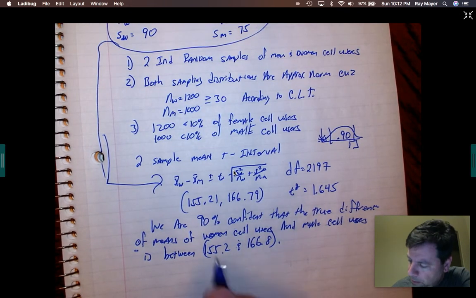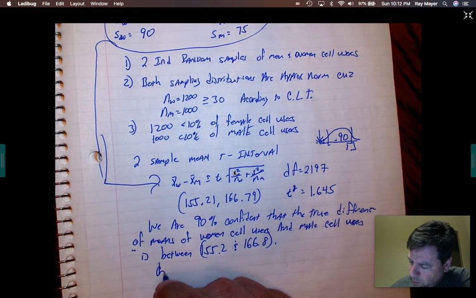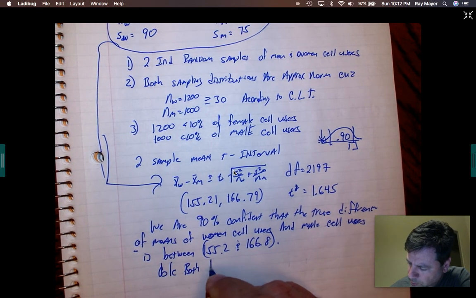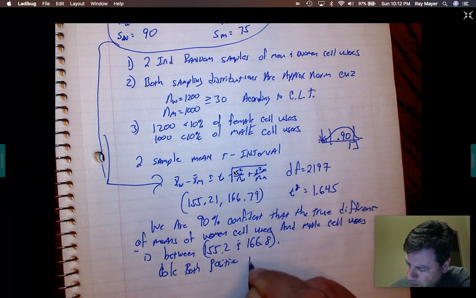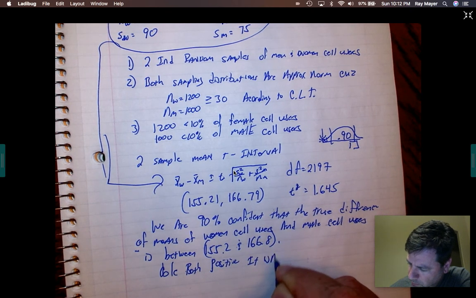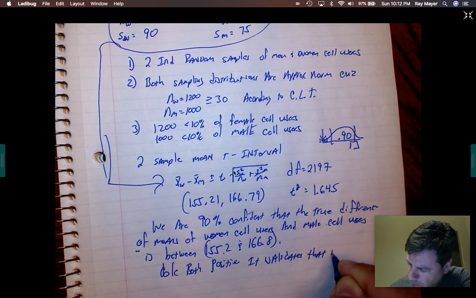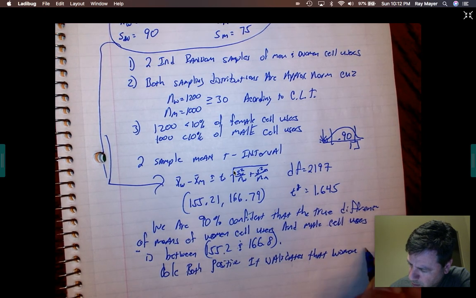Because they're both positive, it validates that women talk